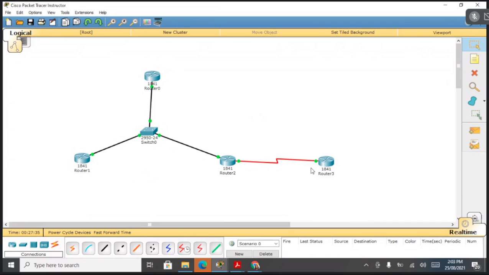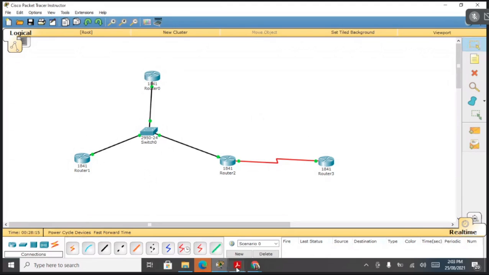Now to configure OSPF, I told you earlier, there are 2 steps. So what is the first step? We need to enable OSPF on the router. How are you enabling it? By giving the command router OSPF and then you have to pass the process ID. And once enabling is done, the next step is we have to define on which interfaces OSPF will run as well as what networks will be advertised. Network has to be passed, and while passing that network, it takes 3 types of values. One is the IP address, another is a wildcard mask, and third is the area ID. You have to give this command on every router.